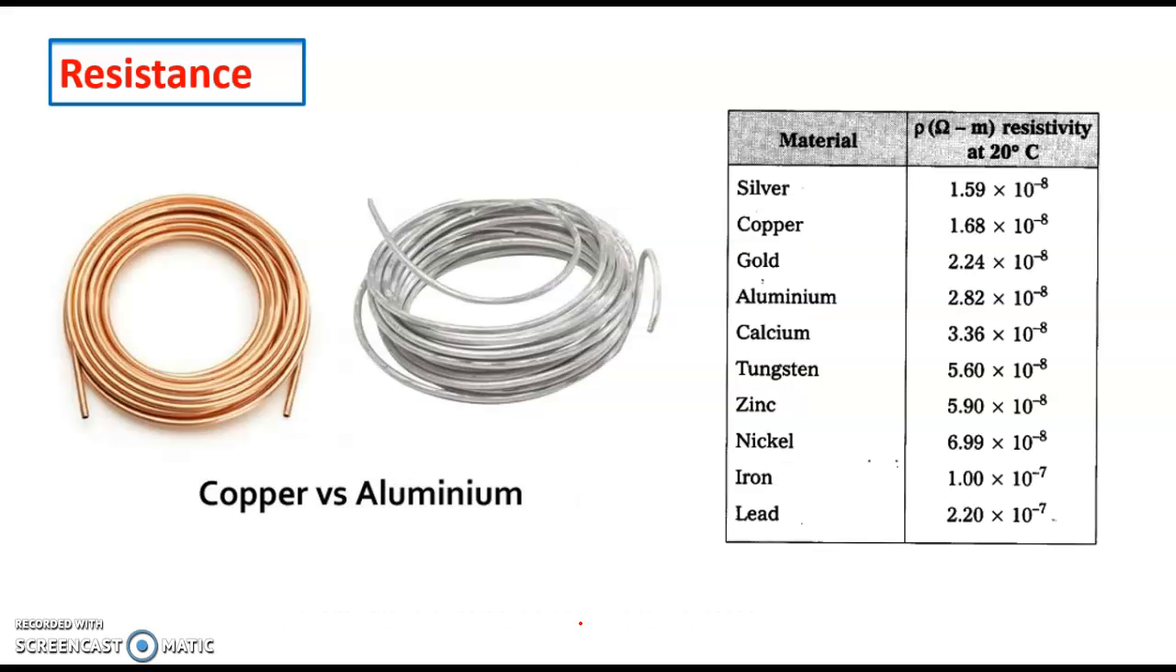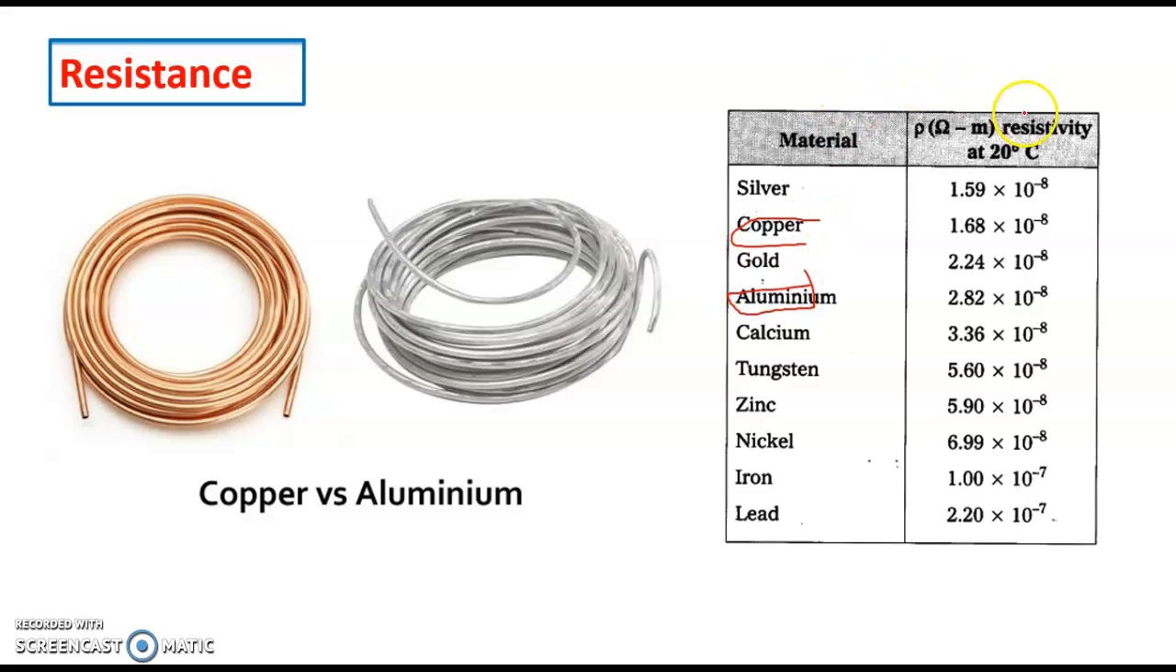Now here I'm showing a table in order to confirm that though we may have two objects that are both conductors, or two objects that are both insulators, this doesn't mean that all conductors have the same resistance and all insulators have the same resistance. This is not true. So if we want to compare copper and aluminum, this is copper and this is aluminum